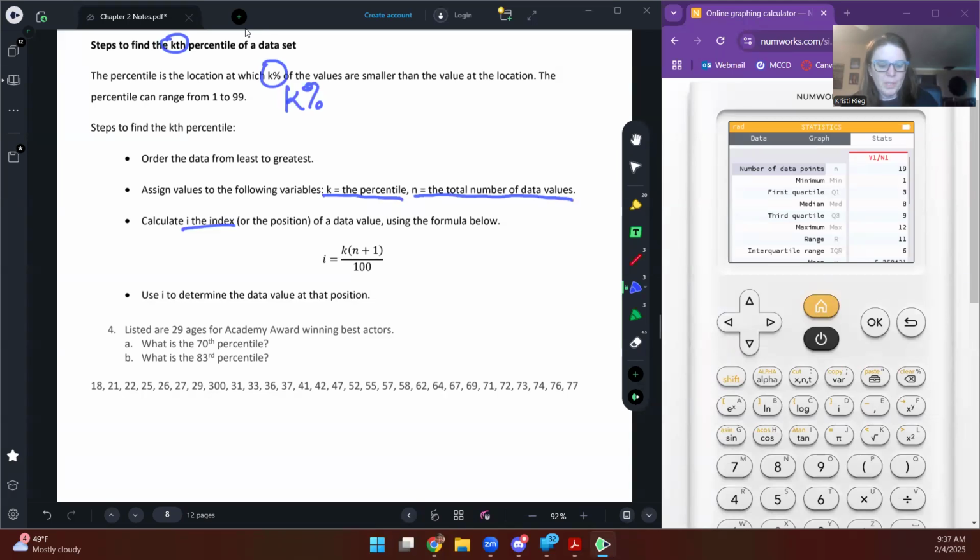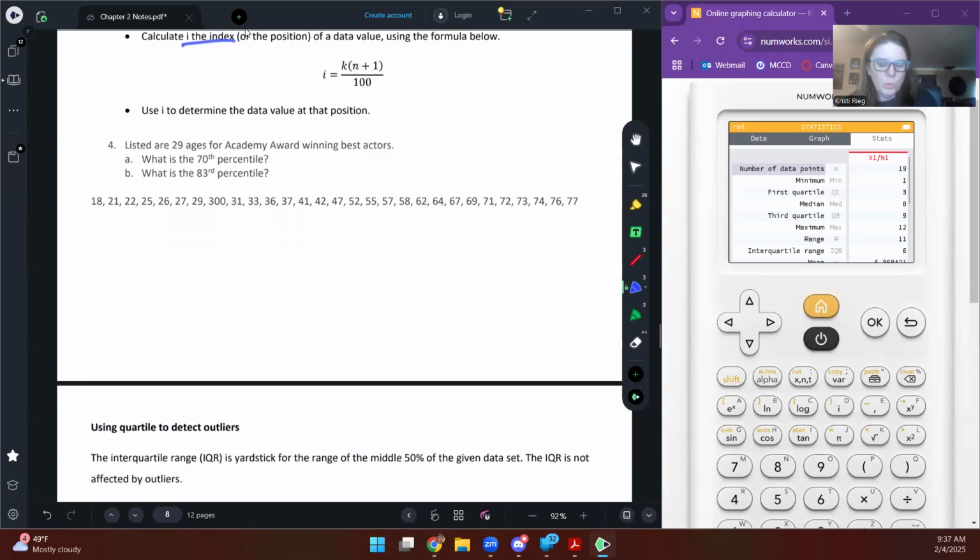So here we have 29 ages of Academy Award winners. Here's a little typo. That's supposed to say 30 because nobody's 300 years old. What we want to do is find the 70th percentile. So for part A, K is 70. Remember, we don't make it a decimal, just write it as 70. And for both of these problems, N is going to be 29. So for part A, using this formula right here, I is 70 times 29 plus 1